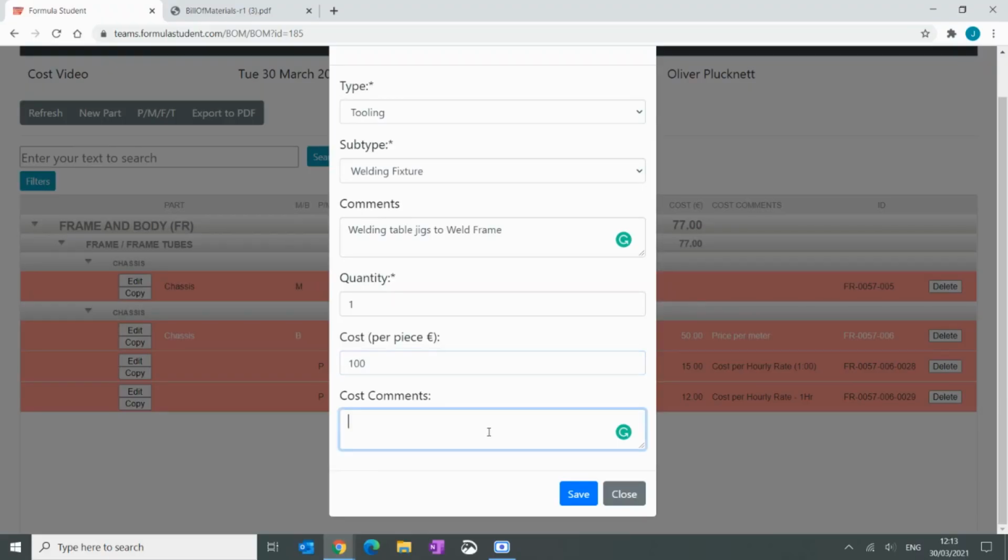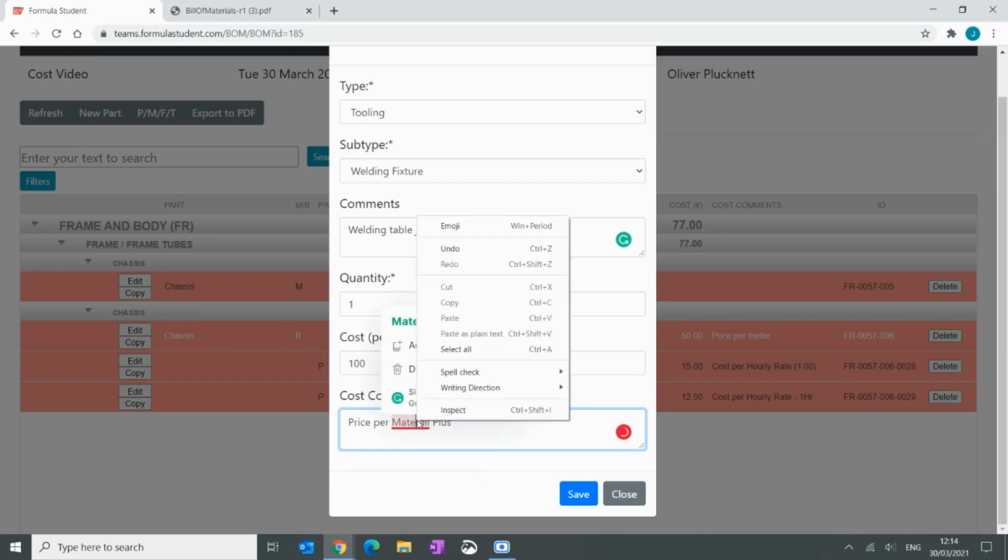So cost for those is time spent on the laser cutter plus the material. So we'll add these in later on as a new part, so we know that we've got the costs associated to them. So we've decided to get the laser cutting done. It's going to cost us, say, £100 worth of material plus running on the laser cutter. So we're going to have price per material plus